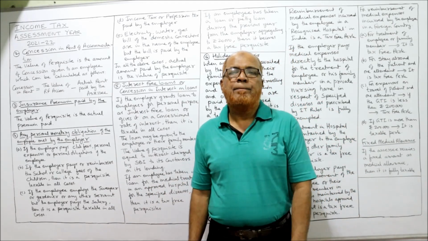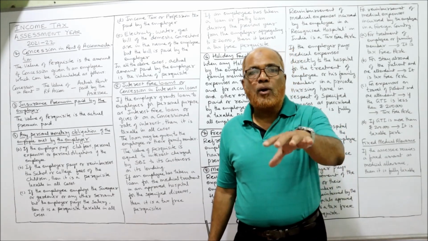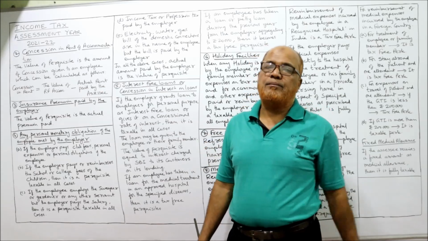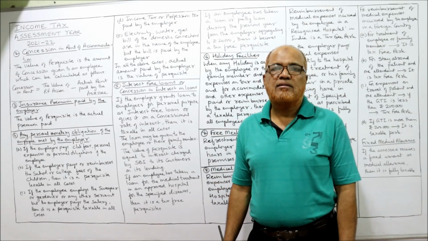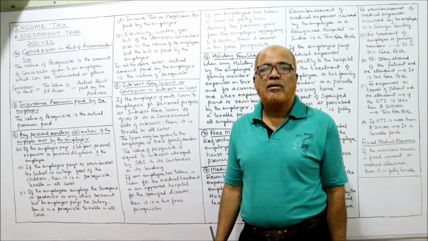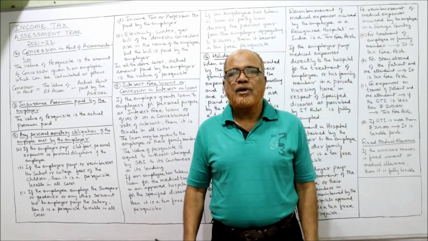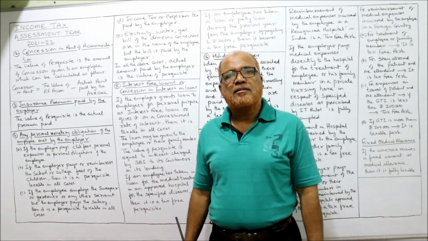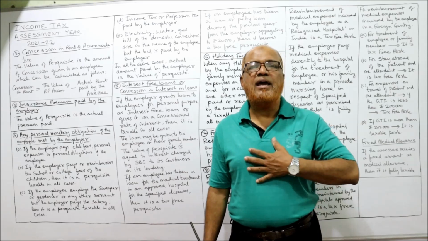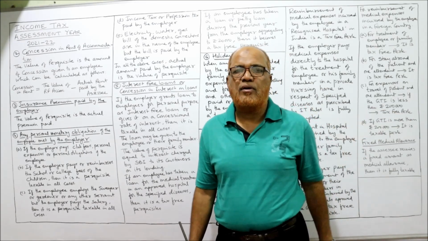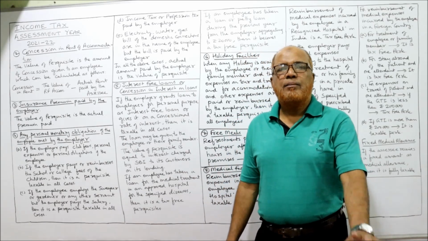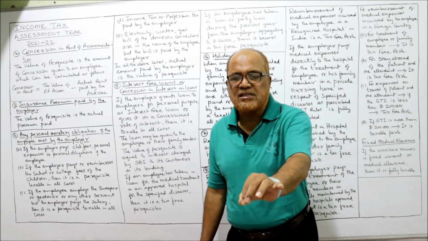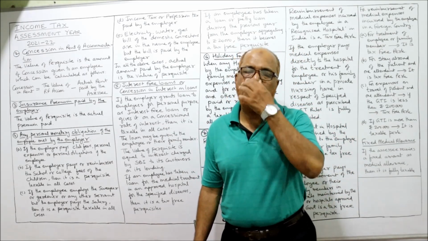Sweeper or gardener. These are the servants who are appointed by the employee. Actually, the appointment was done by the employee, but the salary of these servants, sweeper and gardener, is paid by the employer. Suppose I am the employer, you are the employee. You have appointed a sweeper and gardener for your house, for cleaning. In that case, I, the employer, have agreed to pay the salary to the sweeper and the gardener. Income Tax Act says whatever salary is paid by the employer is a taxable perquisite in the hands of the employee.